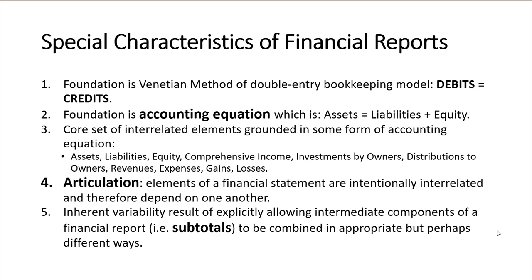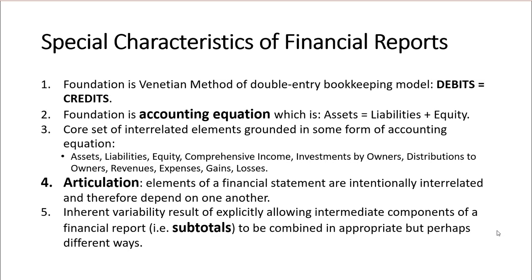So each reporting scheme defines a set of interrelated elements that are grounded in some version of the accounting equation. You see the terms below there. That's what U.S. GAAP uses. And the financial reports are intended to fit together. So I'll show a graphic of this in a second. But basically, it's not just a bunch of stuff packed into a report. It's all connected together. And you can use these connections to help you make sure that the report is created